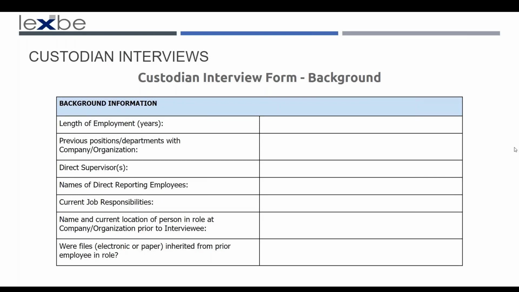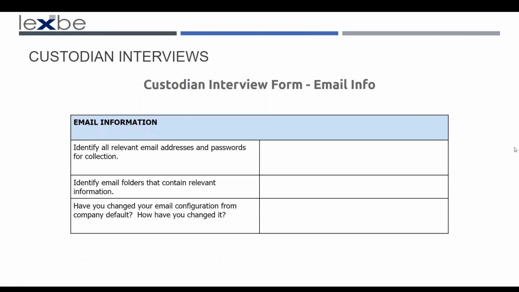And next would be email information. It's amazing how many emails people have, even in business relations. Some companies are very strict about custodians only using their company email address or addresses for communications, but in others, there's a lot of overlap between company and individual emails, and that should be ferreted out, and then collections may need to be done from individual email accounts if that's the case, that there's potential responsive information there.